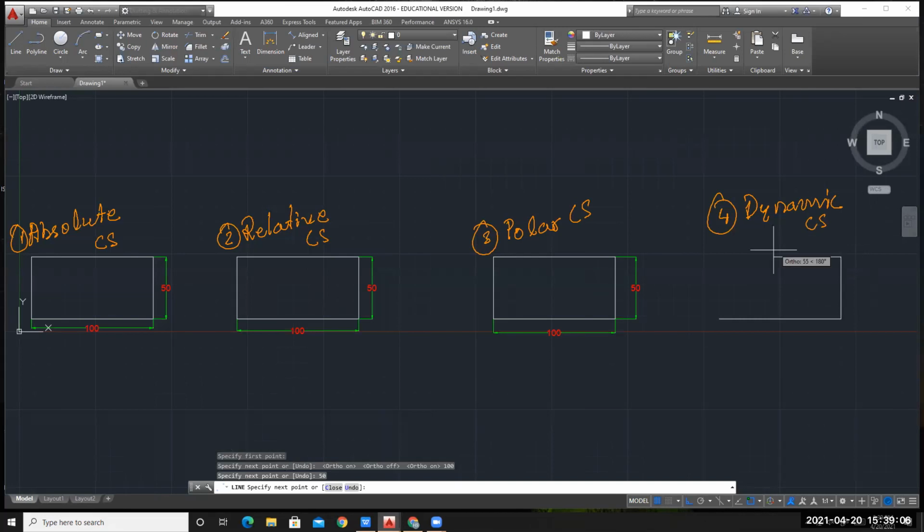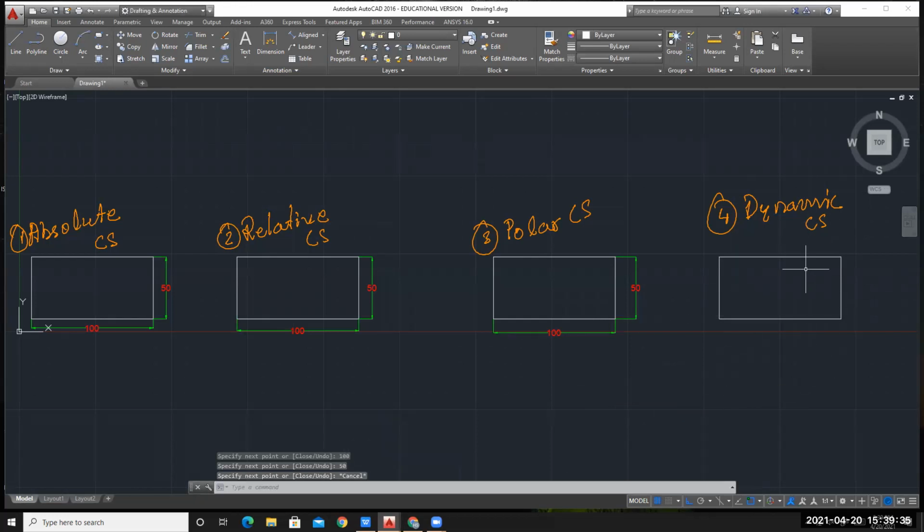Now, no need to specify any angle. Simply with your cursor, with the help of your mouse, you specify the direction that you want to move in this direction. Okay, with your mouse and what value? 100. So type 100 using your keyboard, press enter. Now in this direction, I want to move 50. Press 50, press enter. So this is what we were looking to draw.